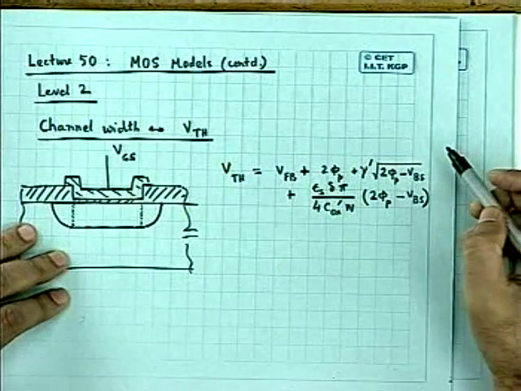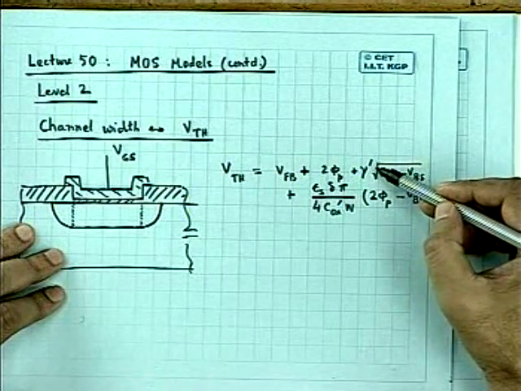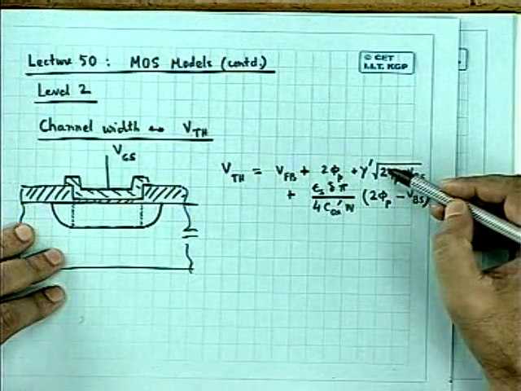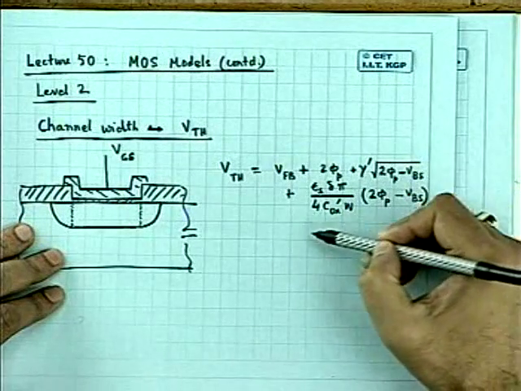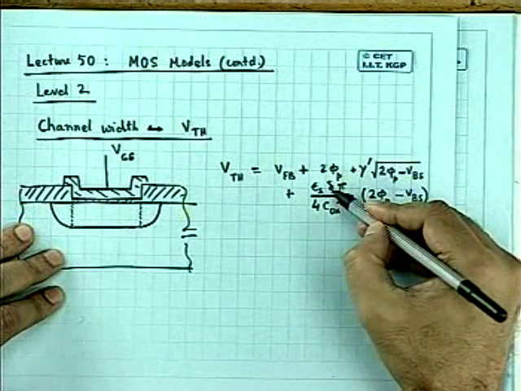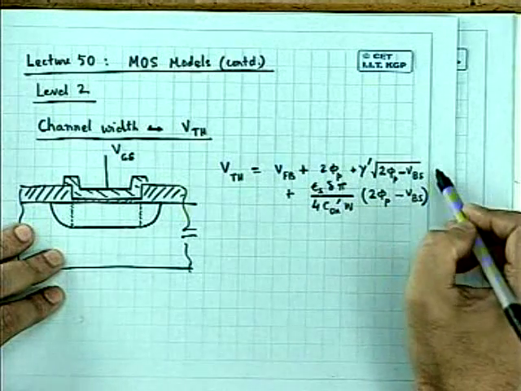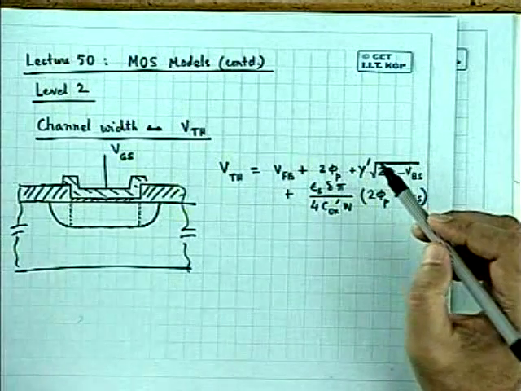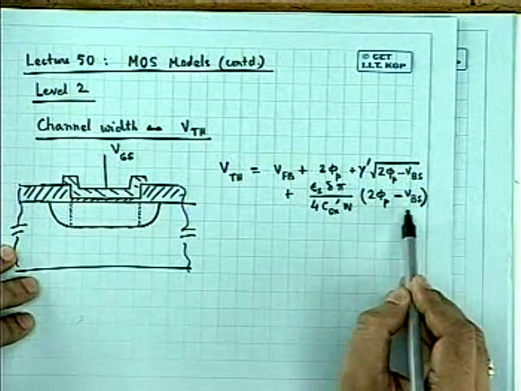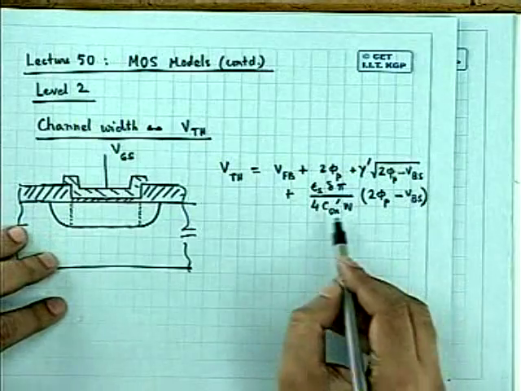You see that what has been done here, that gamma dash is here, and that gamma dash takes into account the effect of that short channel which I've considered earlier, whereas this additional term is an addition over and above that. When this delta is equal to 0, this term is not there. So the expression for the threshold voltage valid for taking into account short channel effect is how gamma dash is there. But addition of this last term brings in the narrow width effect also, where delta is